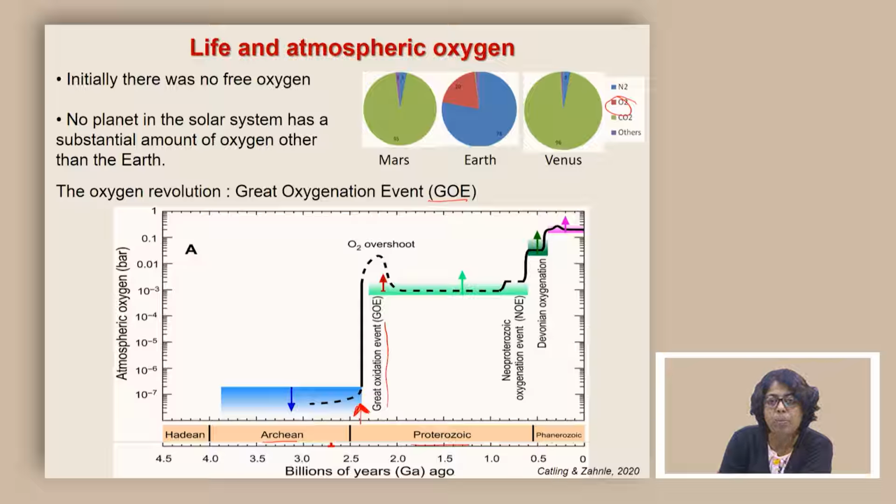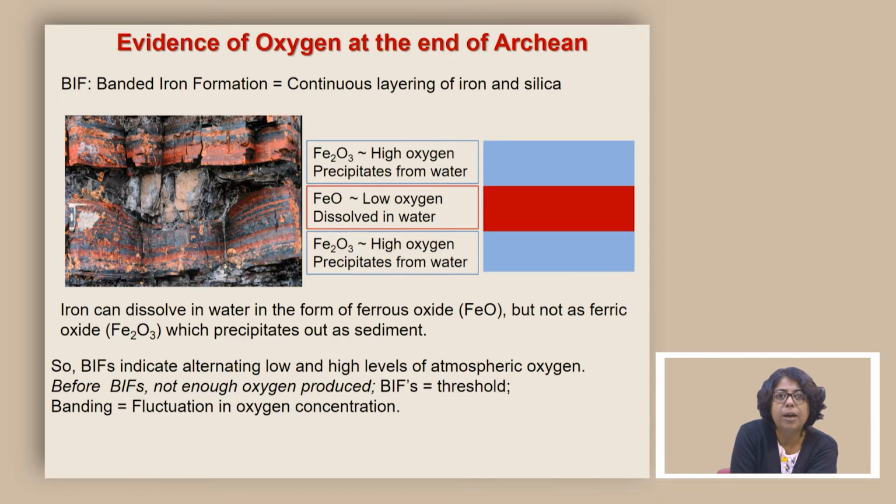So, what do we know about the Archean? We know that there was life in the Archean. There was also liquid water. The temperature had cooled down significantly. There was rock. We only have to solve whether there was oxygen or not, and that is what we are going to look at with this GOE event. So, the evidence of oxygen at the end of the Archean comes from different sources of information.